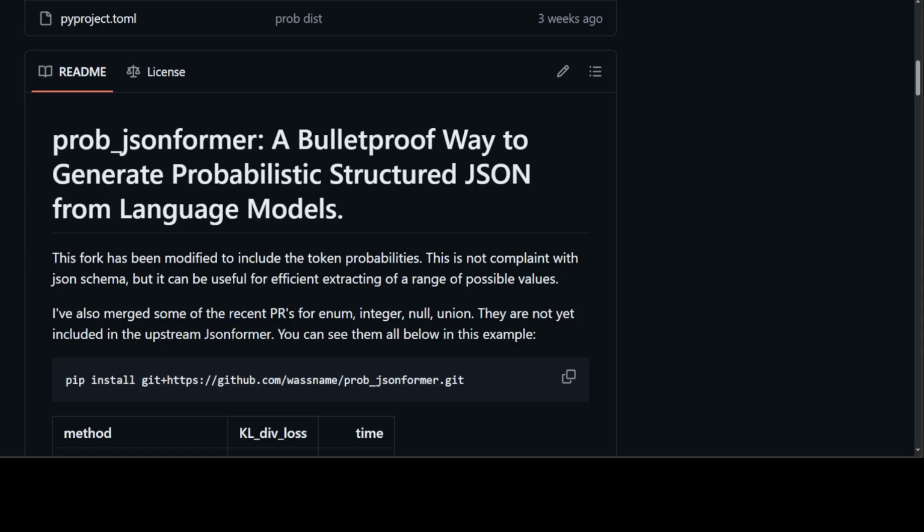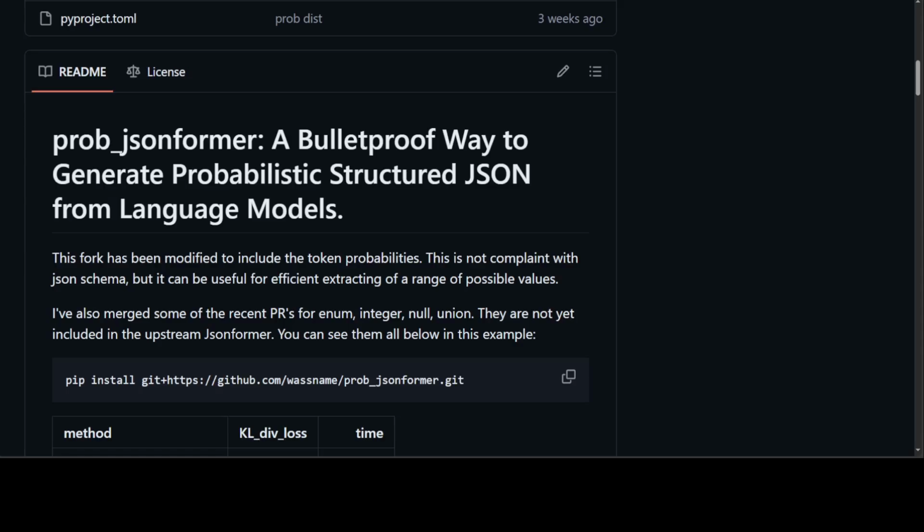This new tool is a fork of an older tool called JSONformer, but this tool makes it its religious duty to create a bulletproof JSON from a large language model. The thing is that, as I mentioned, generating structured JSON from language models is a challenging task. The generated JSON must be syntactically correct and it must conform to a schema that specifies the structure of the